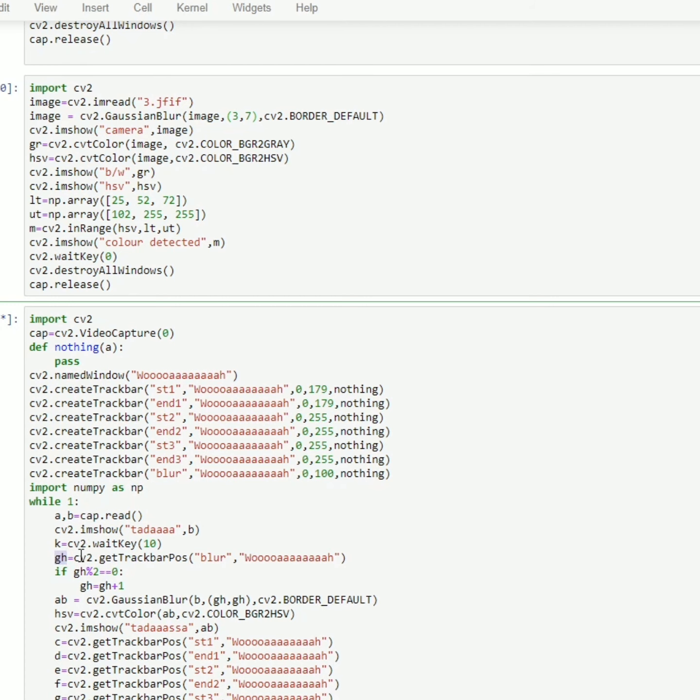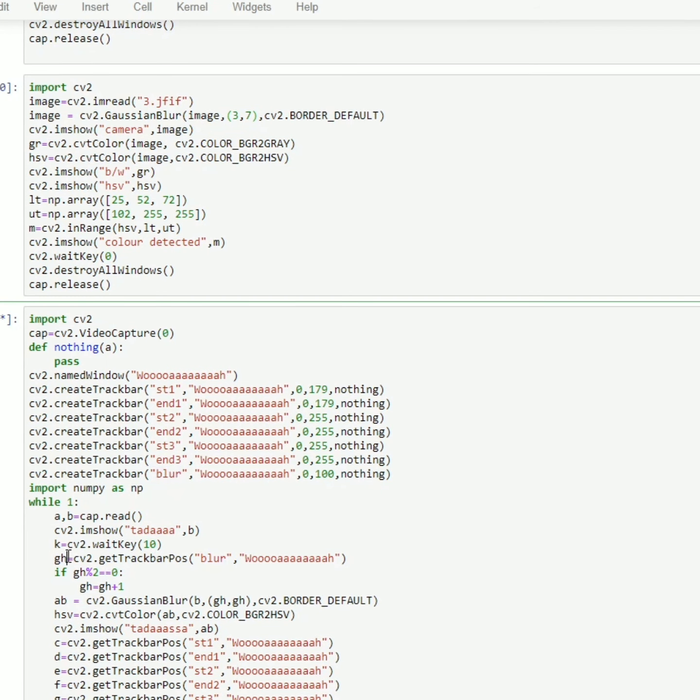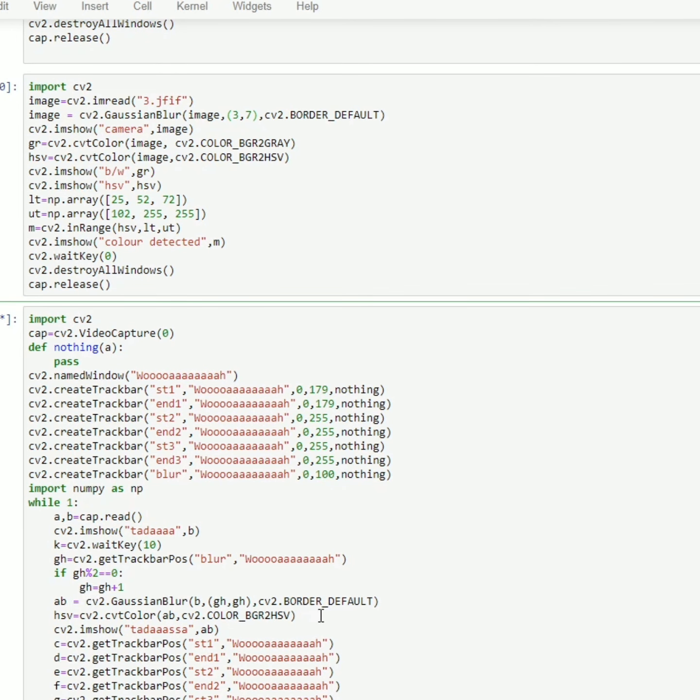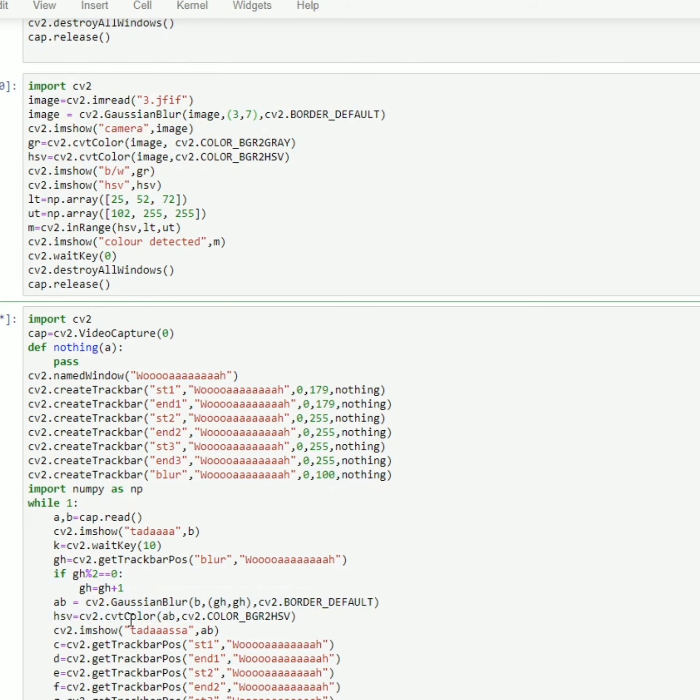This particular variable will get the value from the track bar, which is blur. So this blur trackbar will give the value to variable GH, and if this GH is an even number, we are adding one. As I said, Gaussian blur or any filter will always have an odd value. So that's what we are doing over here. We are getting the value from this trackbar and storing it in GH and then passing that to the blur function. Similarly, I'm converting the image to HSV format, showing the HSV format,